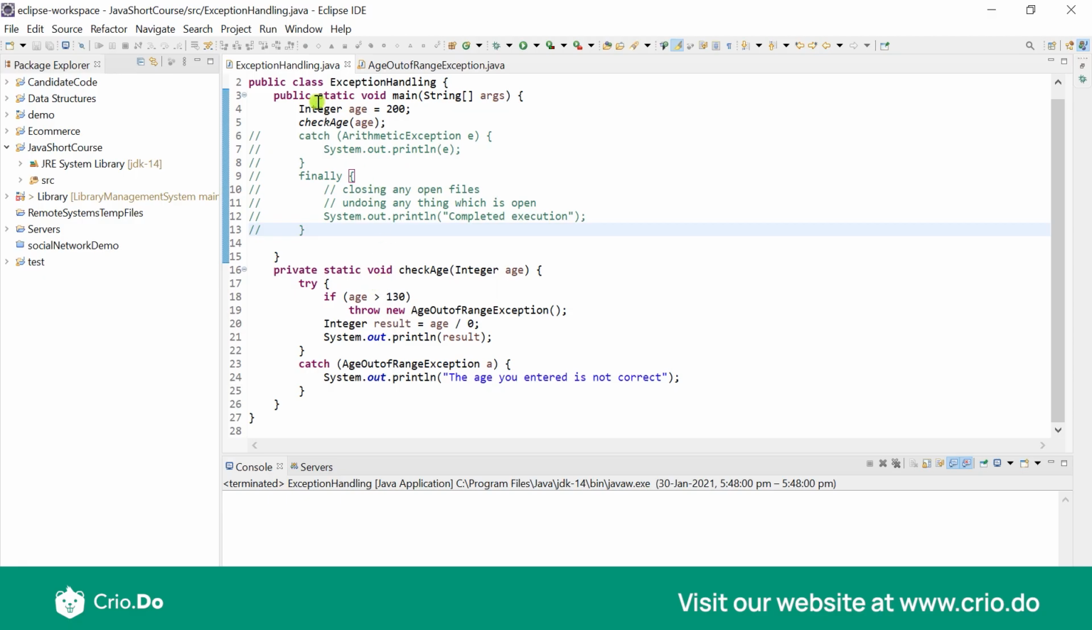Now as you can see, we do have an age and it will check an age and there is a try and catch over here. This is one way in which you can do. But generally, if we do not have a try catch over here, let's say,